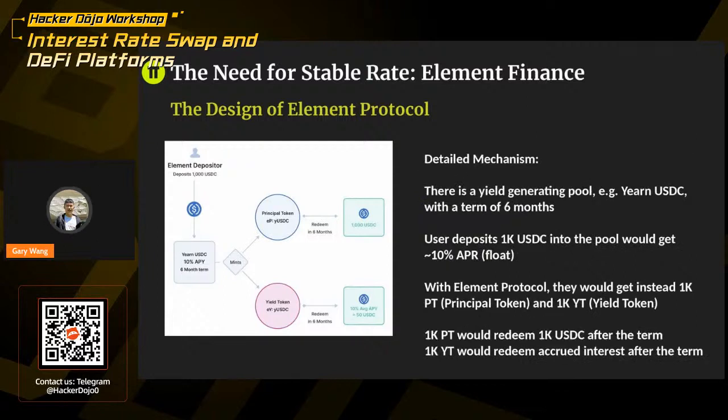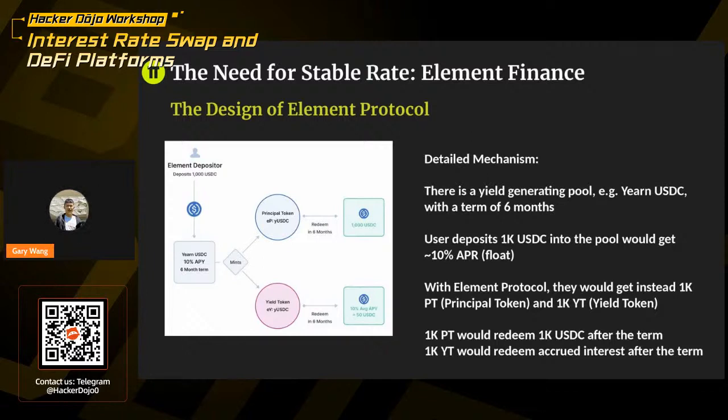So let me give you an example. The user deposits 1K USDC into the pool and will get about 10% average annual percentage rate. This is the flow rate, and it is taken on average as 10%. With Element protocol, they will get 1,000 principal tokens and 1,000 yield tokens, as I have previously said. Also, the principal tokens will redeem 1,000 USDC after the term, and the yield tokens will redeem accrued interest over